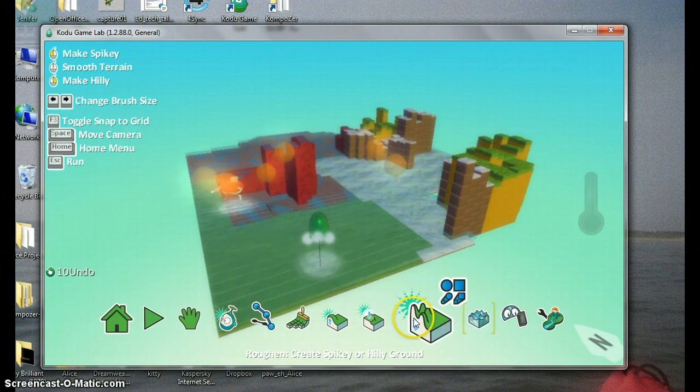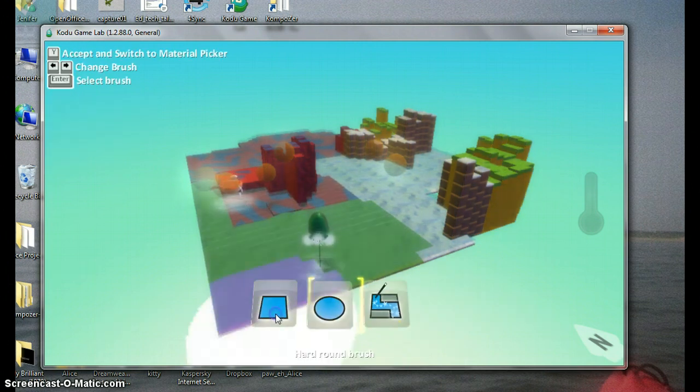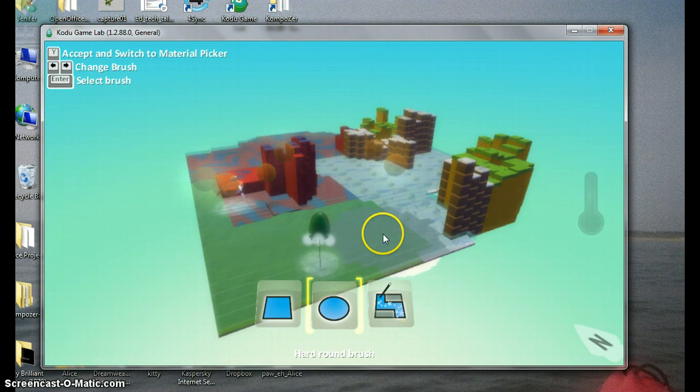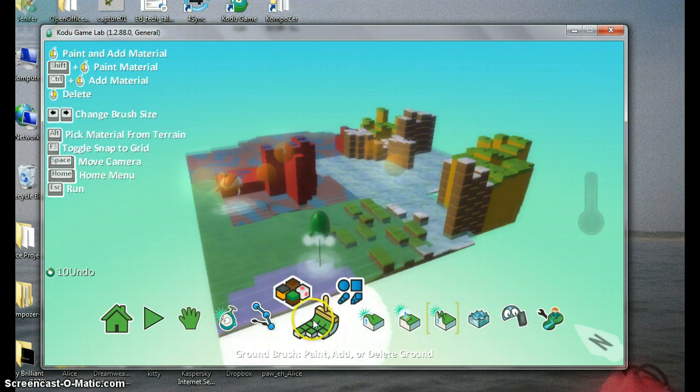Let's do one here. So for the green one that I just added, let's highlight it back in yellow, and let's use the circle tool. And you see when I do that, see how it makes it spiky? Now let's say, oh, I didn't want to do that. You go back to the paint tool